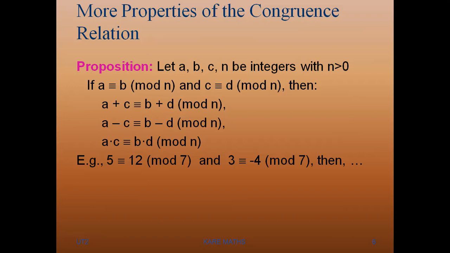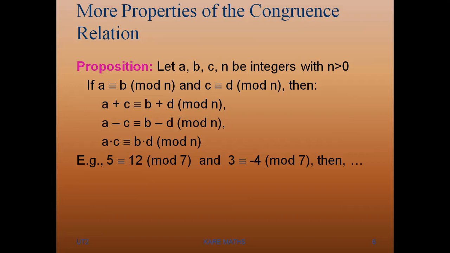This is an excellent property in congruency. In all the basic theorems, we'll be using this concept. At the same time, the product also plays a role here: A into C is congruent to B into D mod N. So all the basic operations come in here: addition, subtraction, and multiplication. So here they are: sum, difference, and product. Two congruence relations are given. We are talking about their sum, their difference, and then their product.